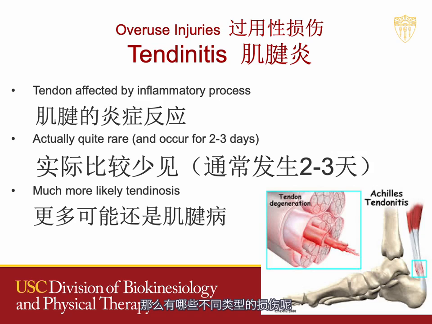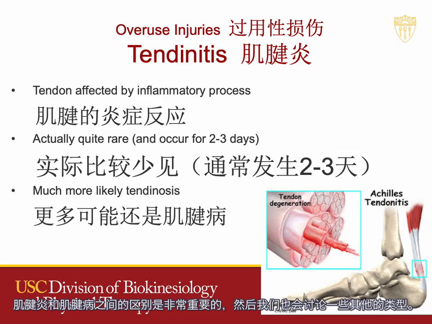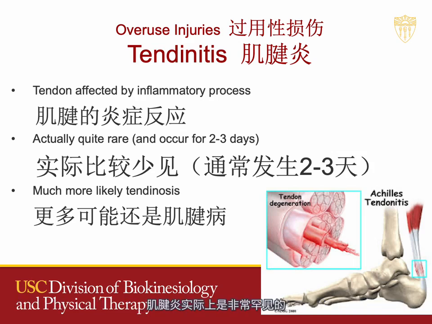So what are the different types of injuries that we have? It's really important that we recognize that there is a difference between a tendinitis, a tendinosis, and then we'll talk about some other options as well. But we have to recognize that a tendinitis is actually pretty rare. So when people say that they have tendinitis, remember that's only occurring when they're in the inflammatory process, okay? So that's only occurring normally 2 to 3 days, but remember we said maybe up to 7 days with an